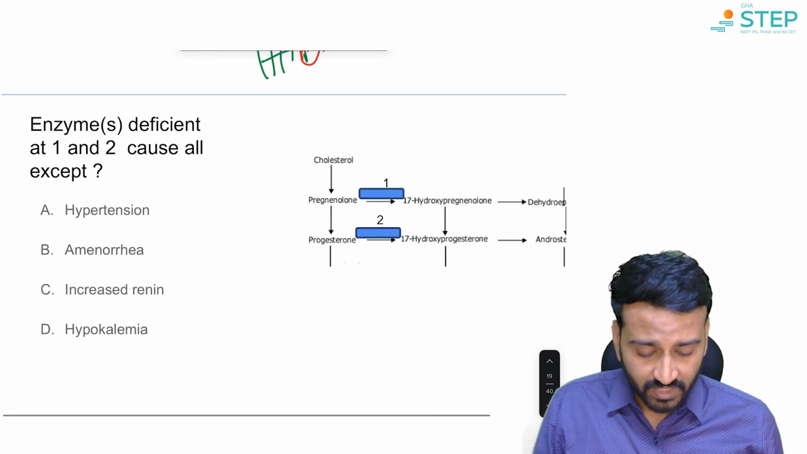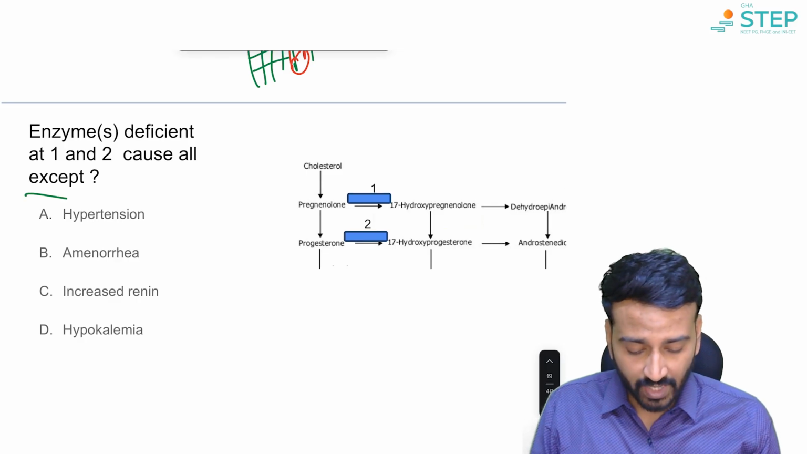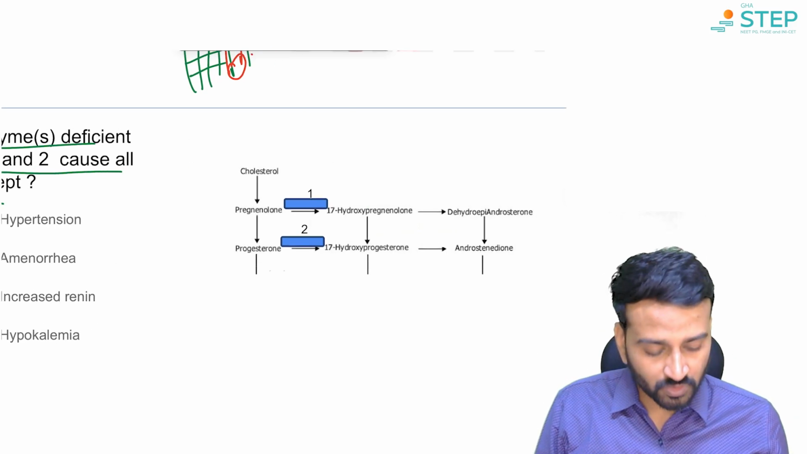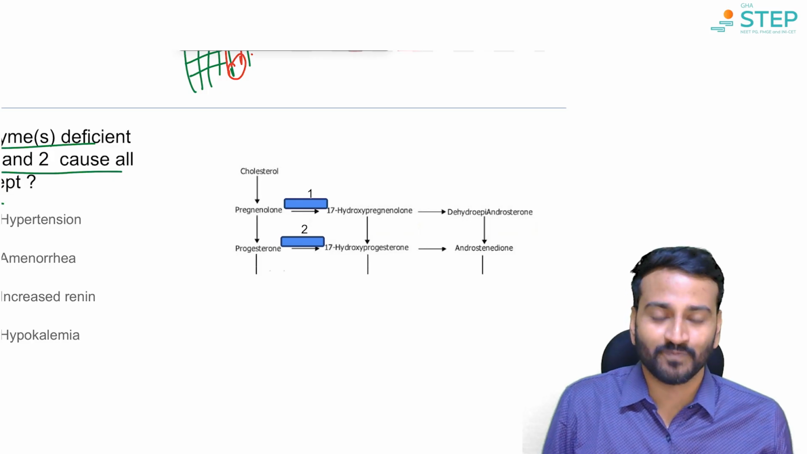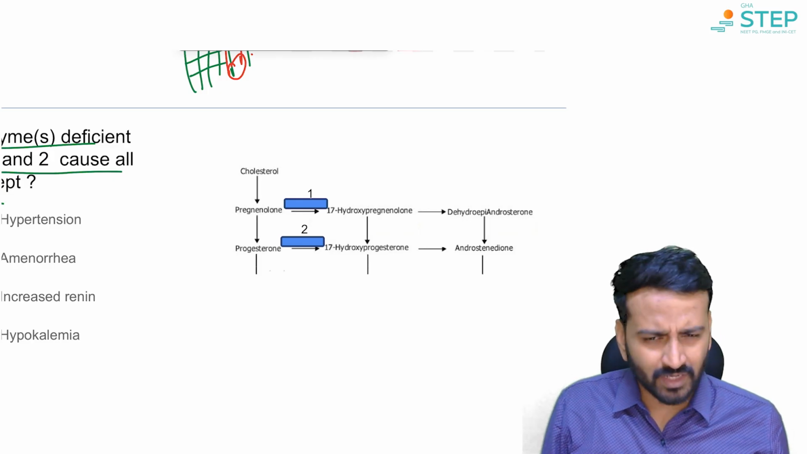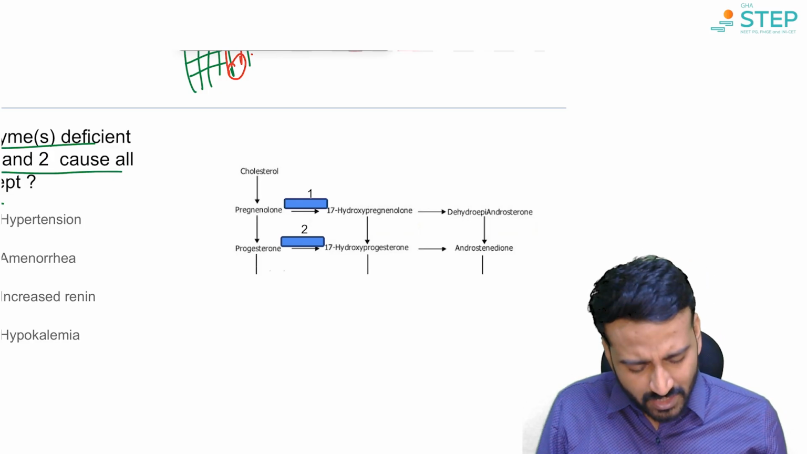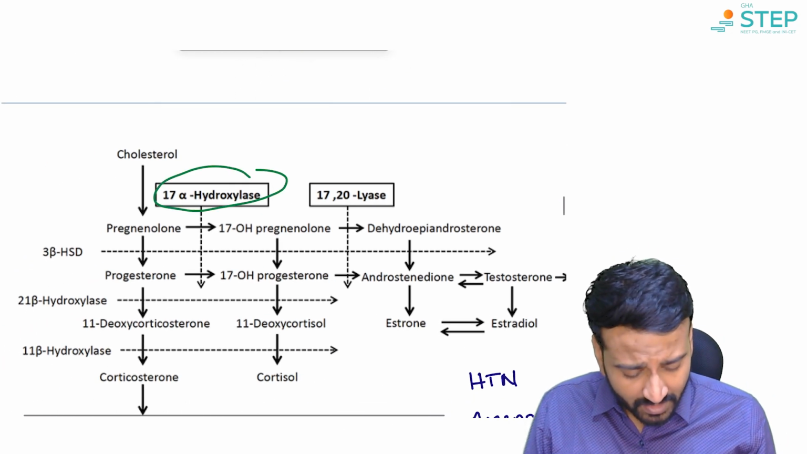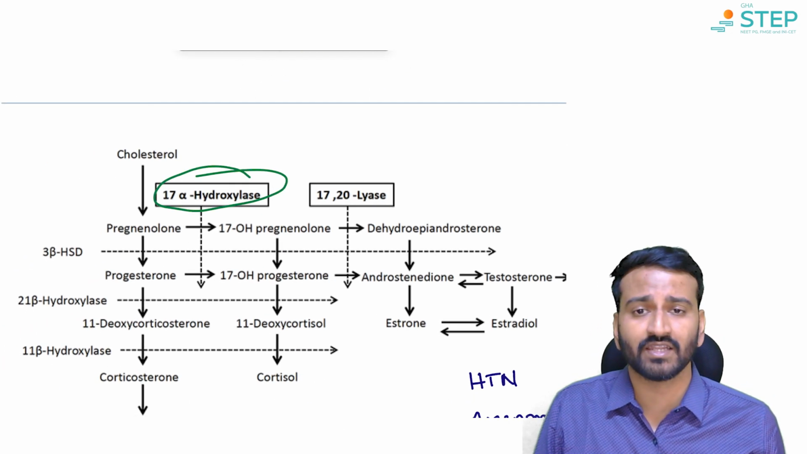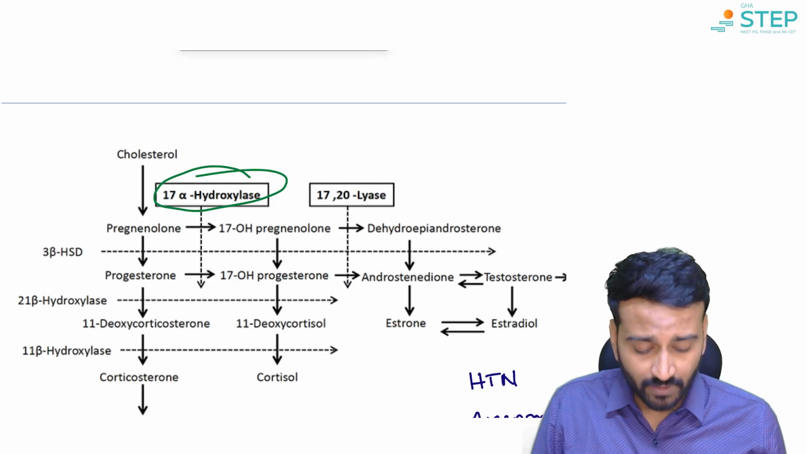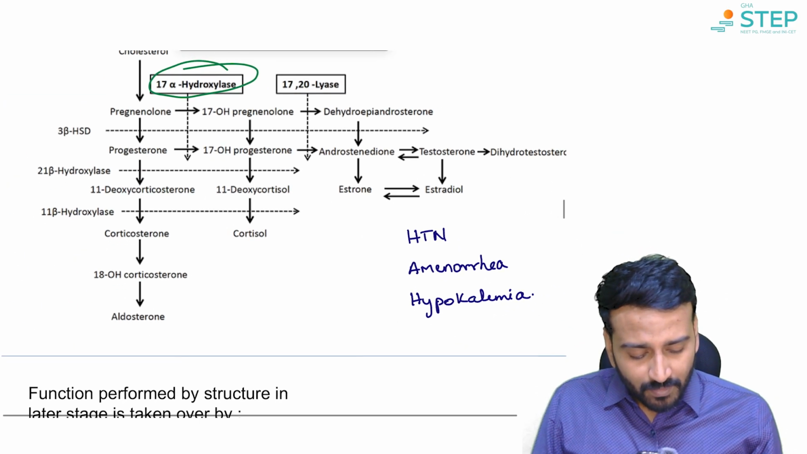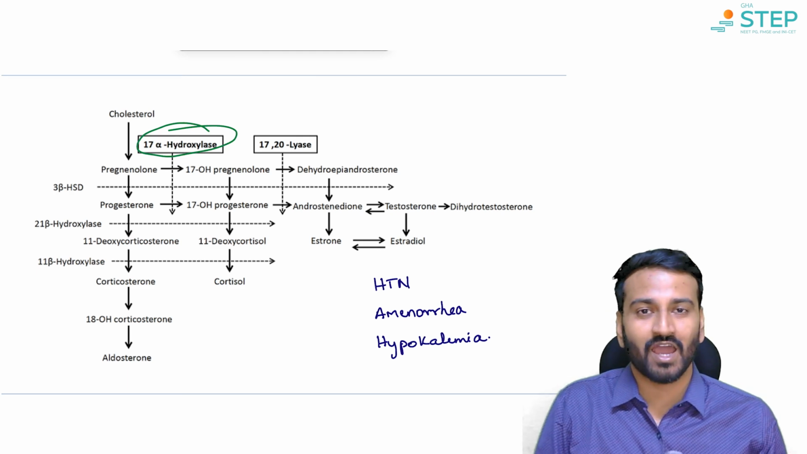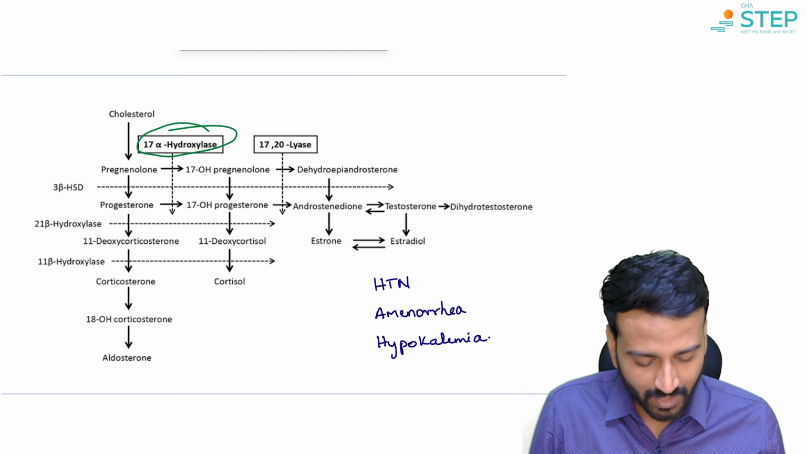Enzymes deficient at 1 and 2 cause all except. See here we have an adrenal hormone synthesis flow chart, okay. This is very difficult to remember, right? Let us see what the enzymes are first. It is 17 alpha hydroxylase and 17,20 lyase, okay. If you want to remember what is happening with this one diagram without remembering all of this, I can tell you one simple thing,